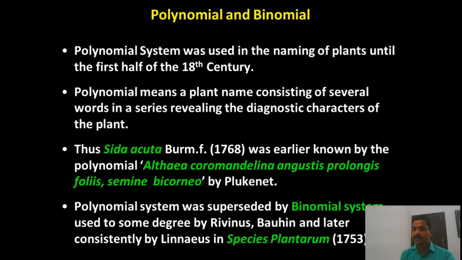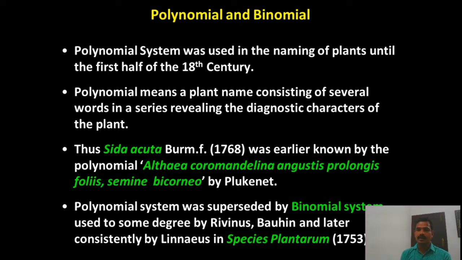That is the binomial system, which was consistently used, and this consistent use was introduced by Linnaeus in 1753 in his Species Plantarum. Earlier, a species was named by using many words, and that system is known as the polynomial system. So using three or more words to name a species is polynomial. Binomial is using two names. The polynomial system was used in the naming of plants until the first half of the 18th century,